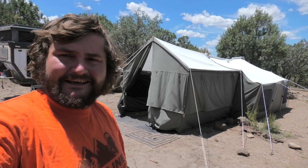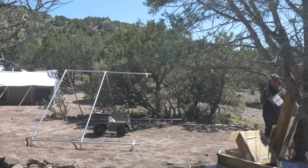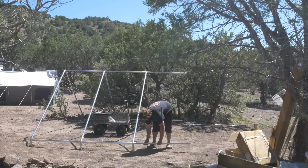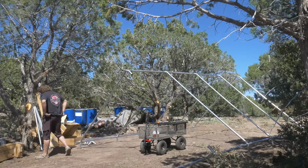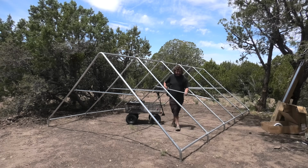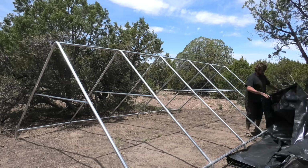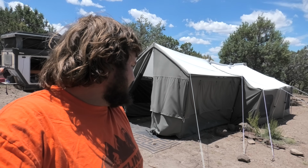So what we're doing today is we're packing it down and we're putting it in this carport thing over here. Nothing special about that. This is just storage. I put this up not too long ago, and it's just the roof to a carport, and it's really nice and low storage, so it should be something that'll last for a few years and endure the gnarly winters and winds and all that. So I'm gonna pack the tent down today and throw it in there, and it's the end of an era,